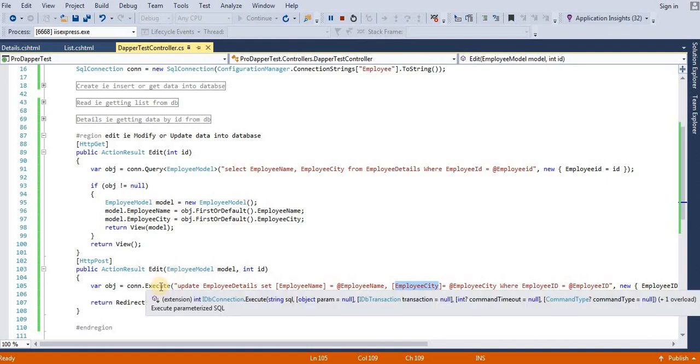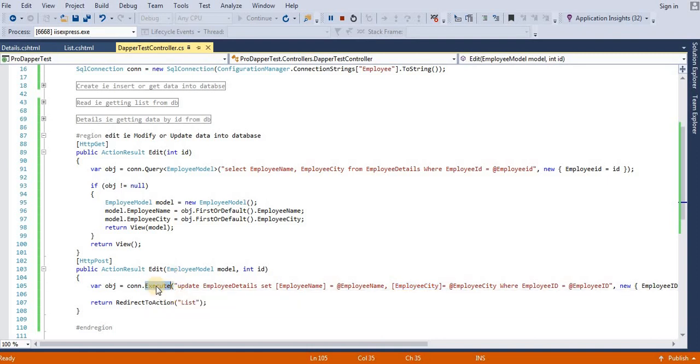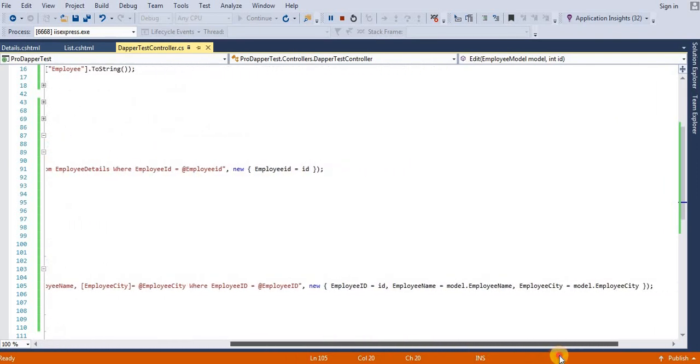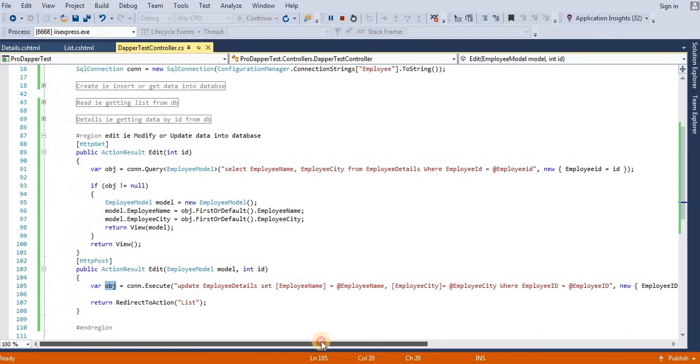For this I am using the Execute extension method of Dapper and passing it in the variable obj. After editing, I am redirecting to the list, because after editing the user will be redirected directly to the list.